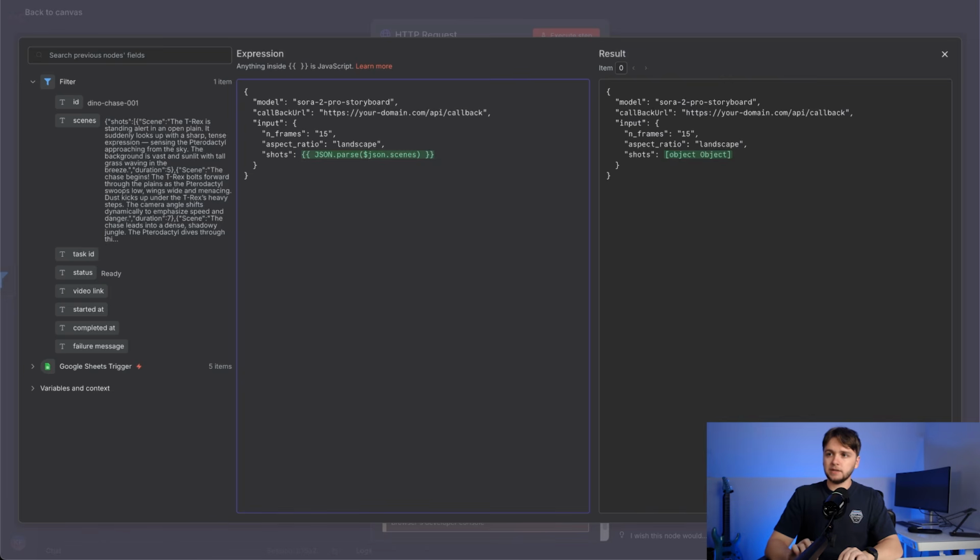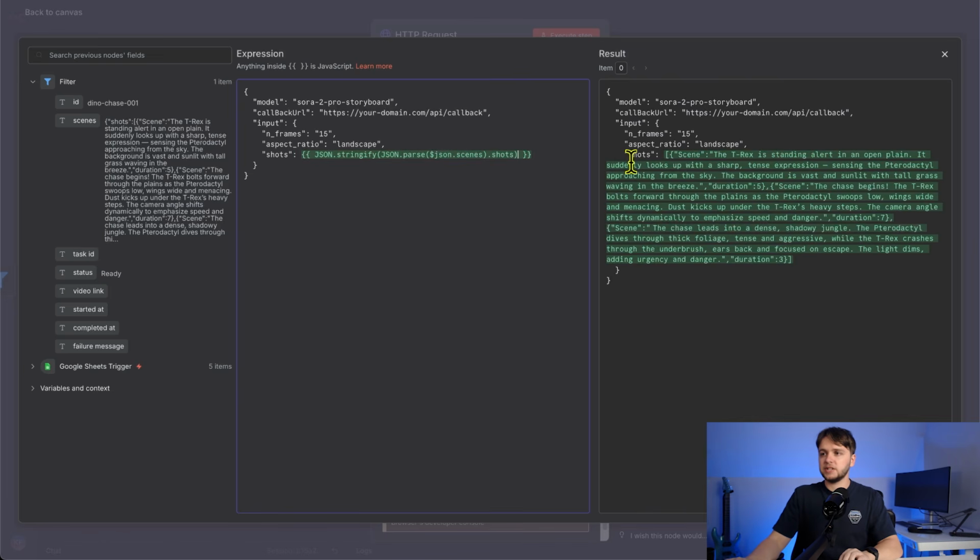And now we can do .shots. And then we're going to go back to the beginning and do json.stringify and wrap it with braces. And there we go. Now we just have the list with our scenes assigned to the shots for the input